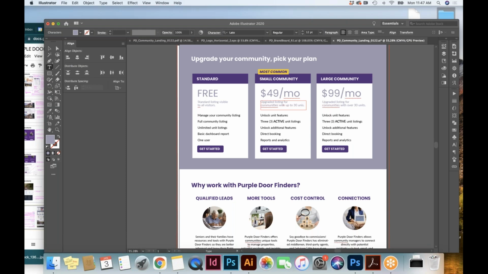Small and large communities seems weird to me. Why don't we just call it plan? Can it be something as simple as plan 1 and plan 2, and then be more descriptive where your cursor's at right now?